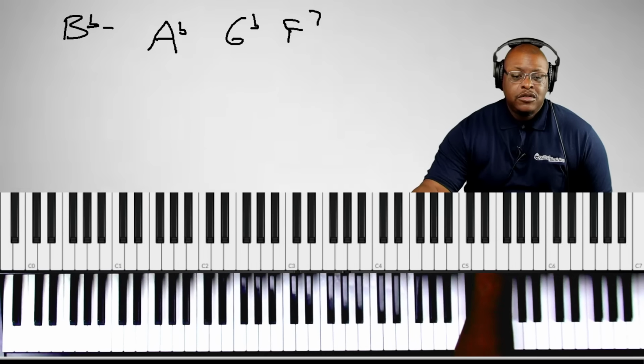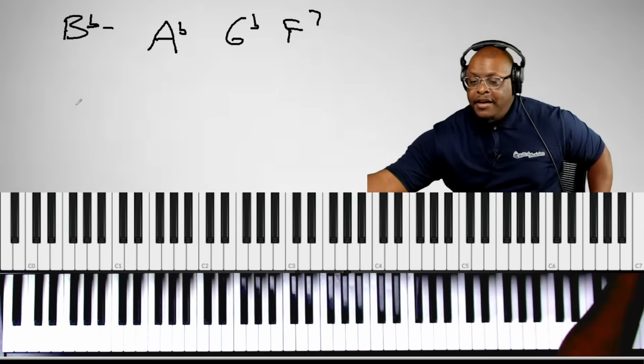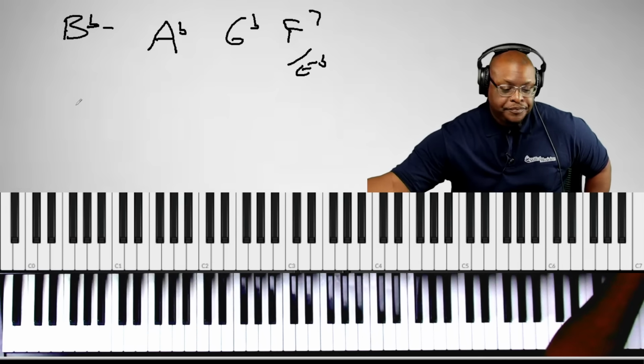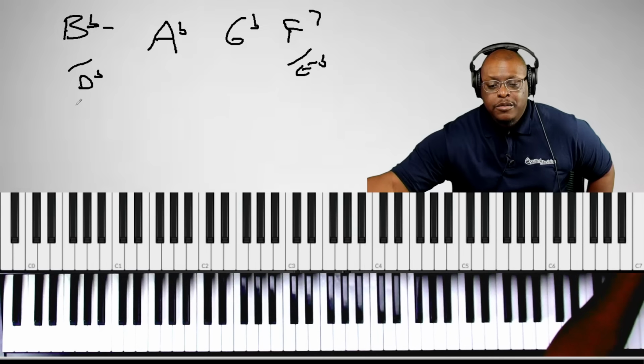So I told you can put one of the chord tones on the bottom. So let's say for the F7, let's put the E flat on the bottom. So I'm gonna put it over E flat. For the B flat minor, I'm gonna invert all of them. I changed mine. I'm gonna put it over D flat. So I'm putting first inversion, first inversion, first inversion.